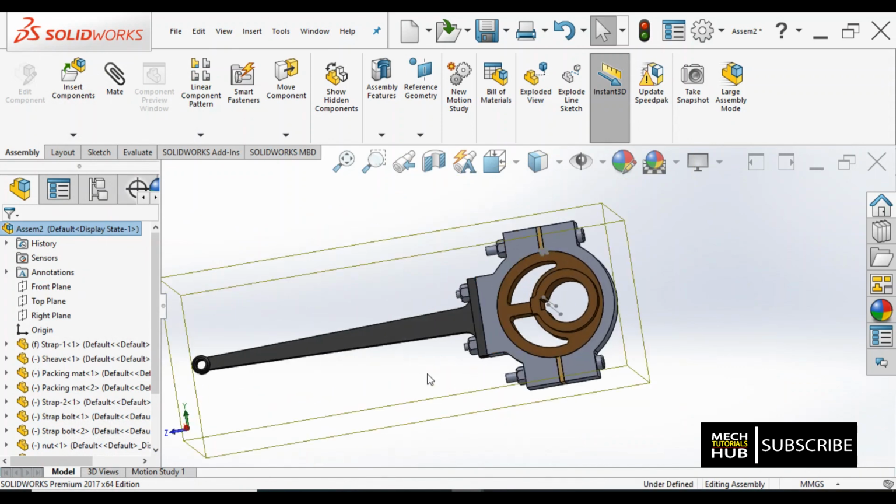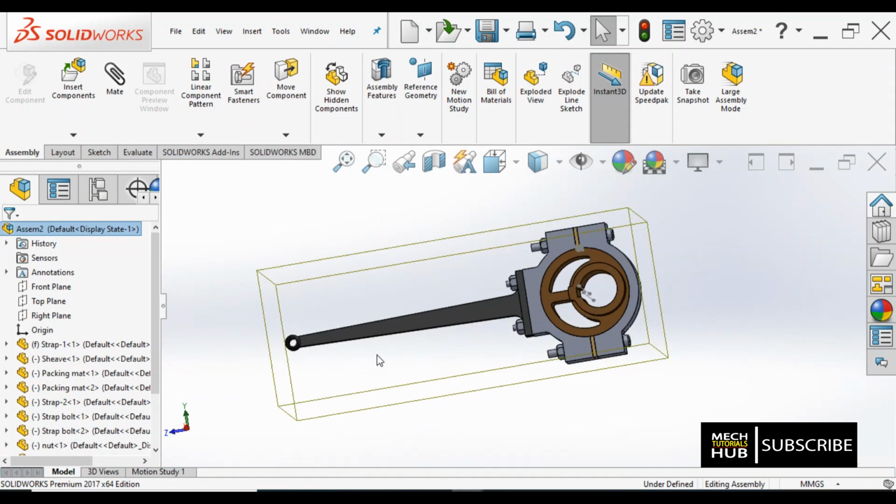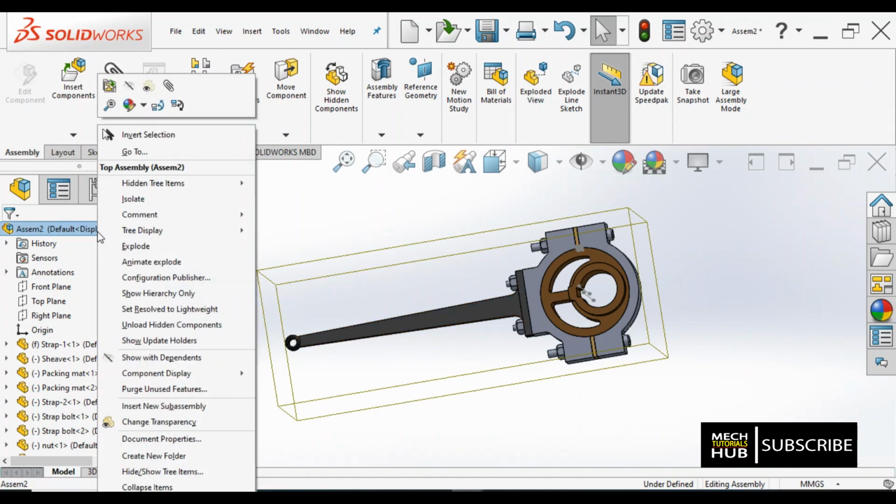Now it is fitted, but the thing is, it has taken an immediate move where you can't even see how the movement of components is. If you keep it in slow motion, then it becomes easy for us to understand and to see with our naked eye. That is the reason we will try to animate it.